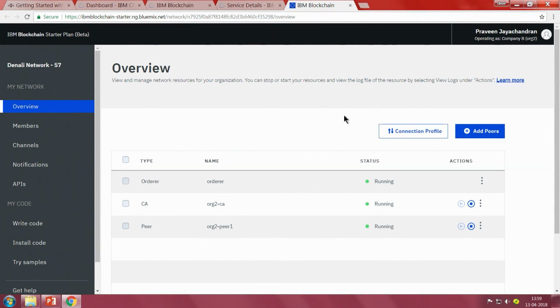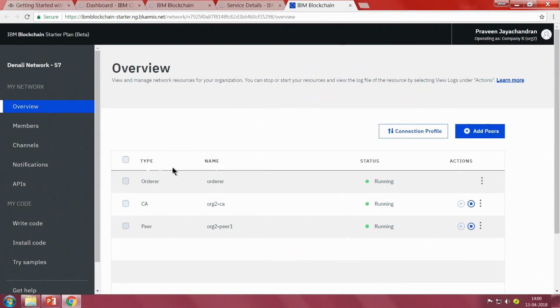But in reality, org1 will have its own administrator, and will be able to see its peers and certificate authorities. Org2 will have a different administrator, different credentials and a different view. So, these are going to be two different isolated entities in the enterprise plan, but in the startup plan we have made it simple so that just one person can deploy a network and get it tested. You are not dependent on multiple accounts all connected to one network. So, let us play around with this a little more.